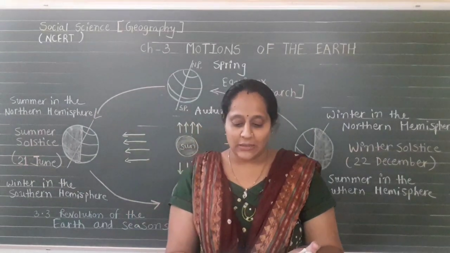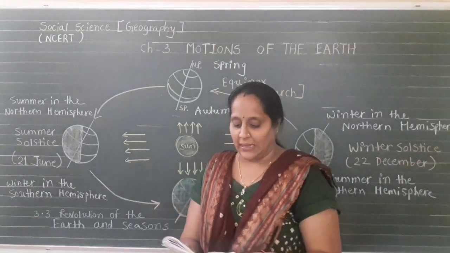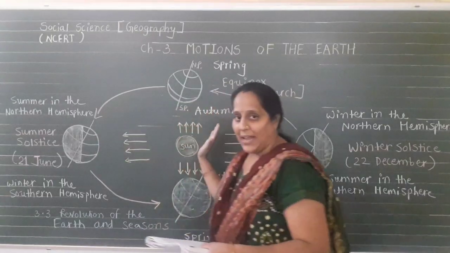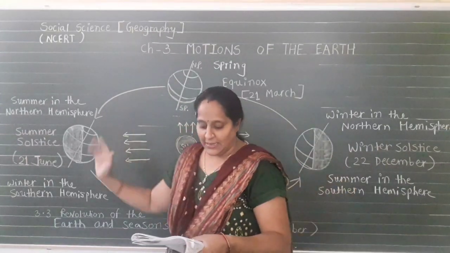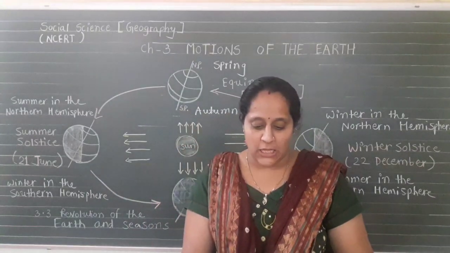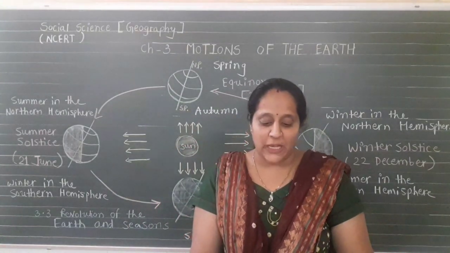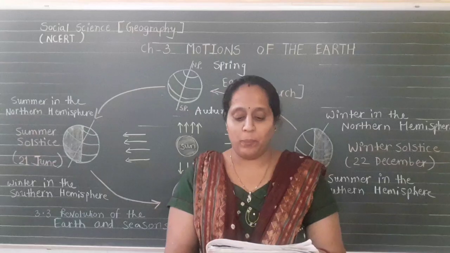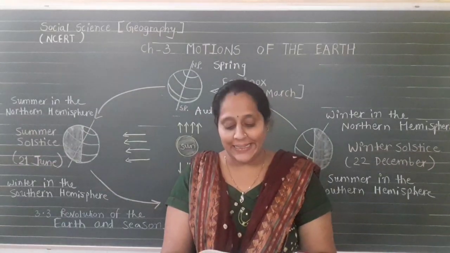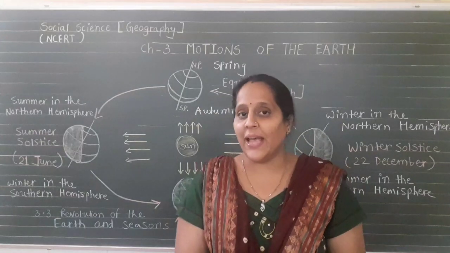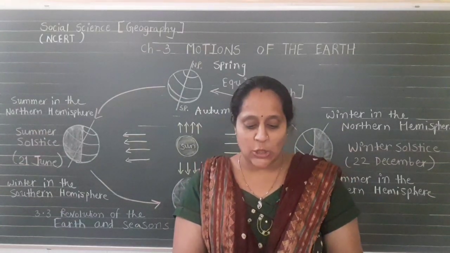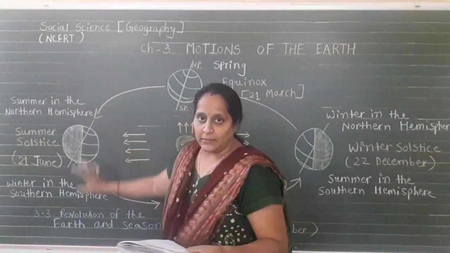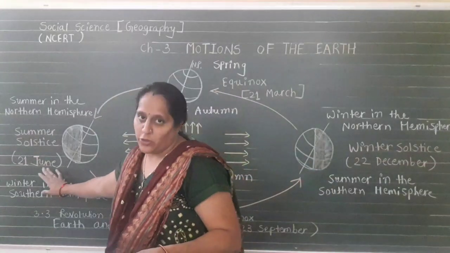That's why the North Pole is inclined towards the Sun. Here you see the northern part inclines towards the Sun, so it gets direct Sun rays. The place beyond the Arctic Circle experiences daylight for about 6 months. Since a large portion of the northern hemisphere is getting light from the Sun, they feel it is summer in the region north of the equator. In the northern part of the equator they feel the summer season around 21st of June.